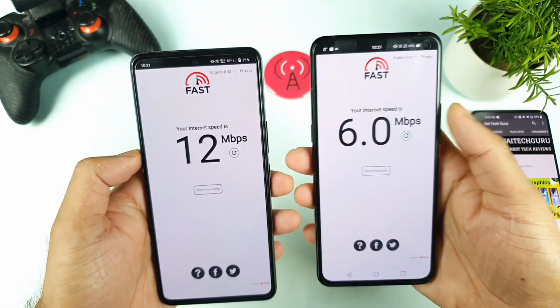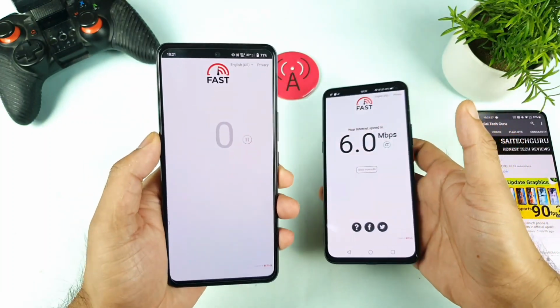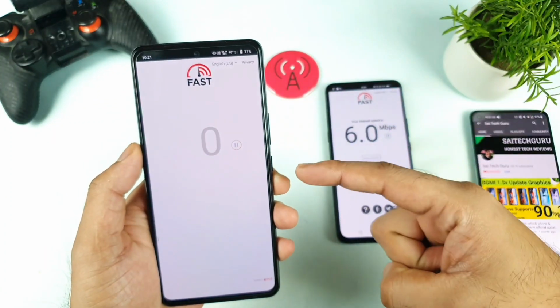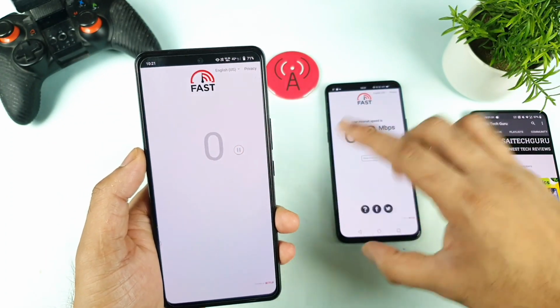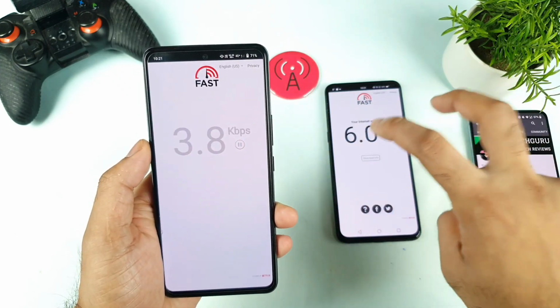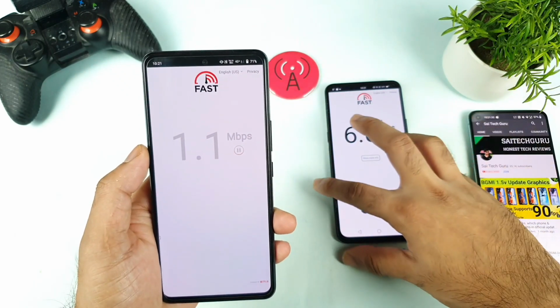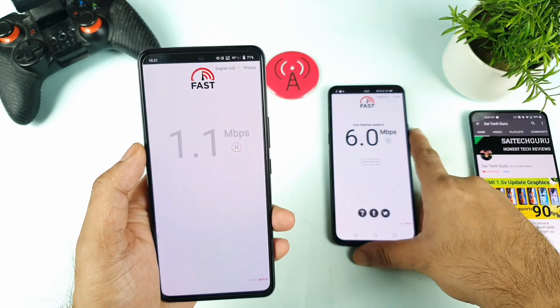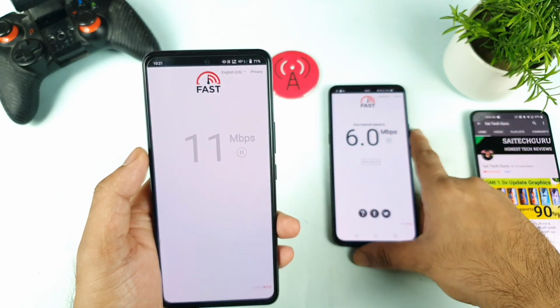So now I need to do the individual test. Let's try to do it first in the iQOO 7 device. Let's see what is the maximum speed we can actually get in this phone individually, because doing the test at the same time is different and doing it individually is different. Let's see the individual scores, how much we can actually get in this device at this point.